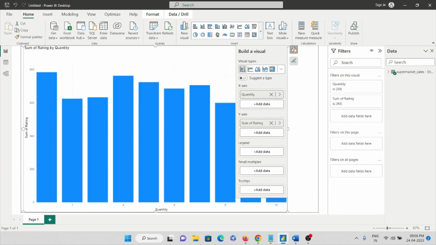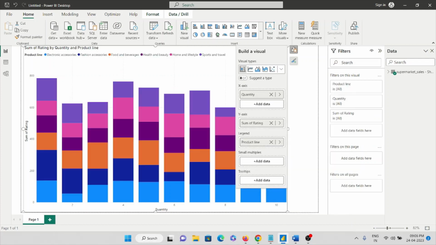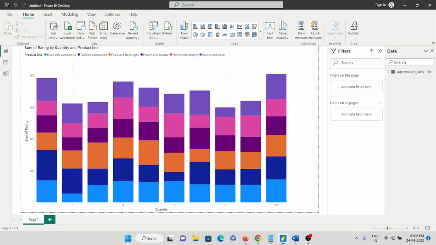This also has so many parameters. Which one do we take? We'll see product line. Yeah, we can take the product line since it has a very small number of parameters and options. So here in the x-axis I have taken quantity, in the y-axis I have taken sum of rating,